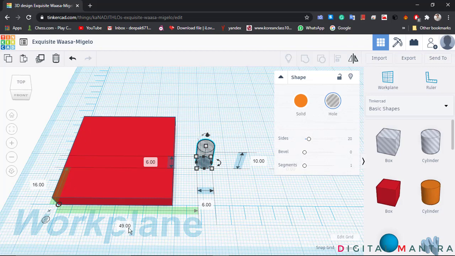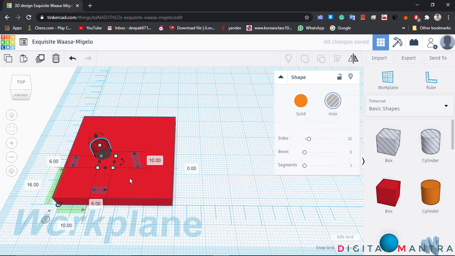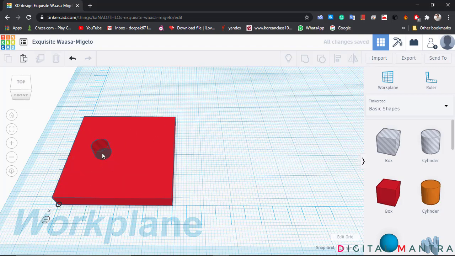Let me show you this. So it is 10. But with this, I won't be able to position the 4 hollow cylinders at all the 4 locations, like a center. They should be in the same line here, here, and also horizontally. So for this, we have another application with a ruler.